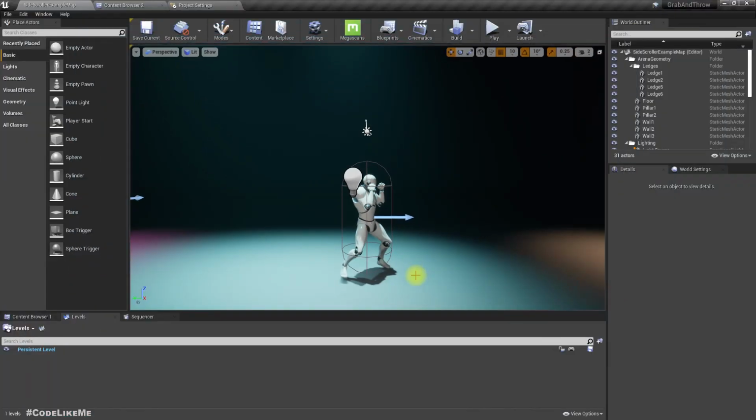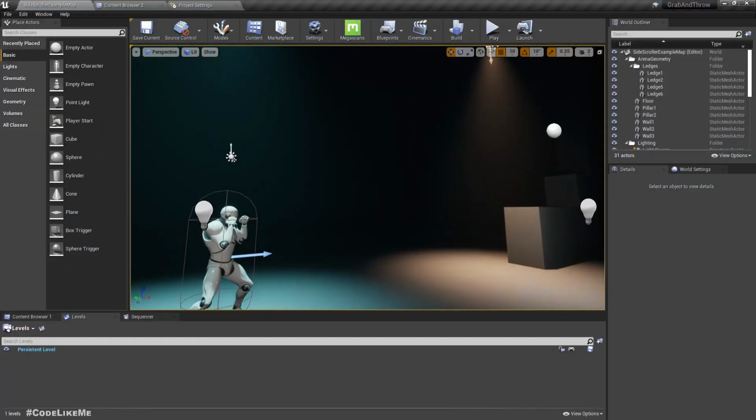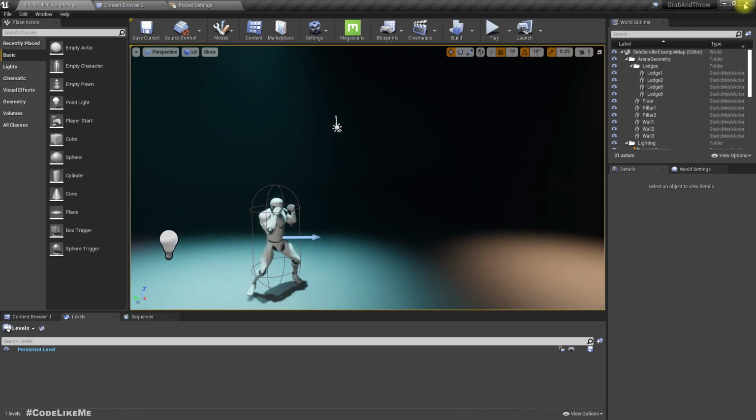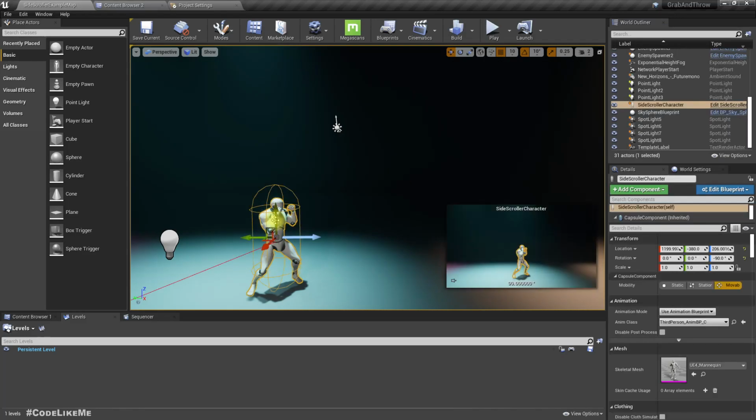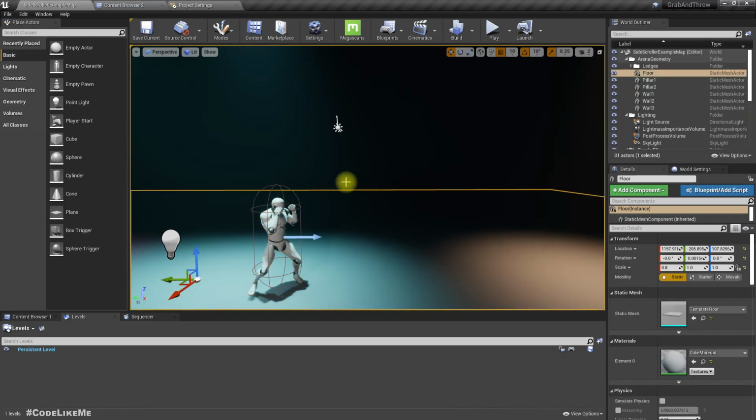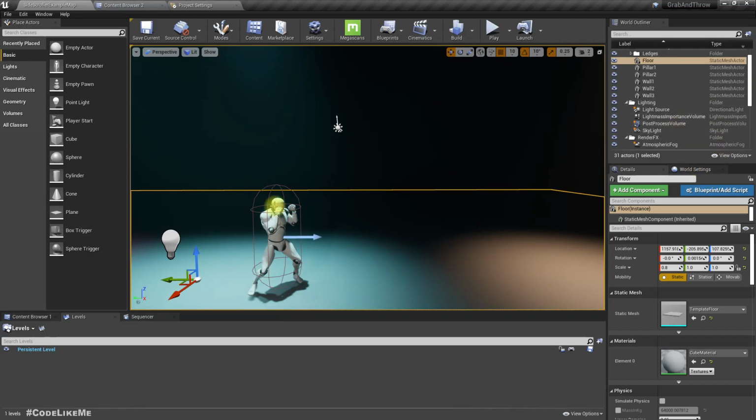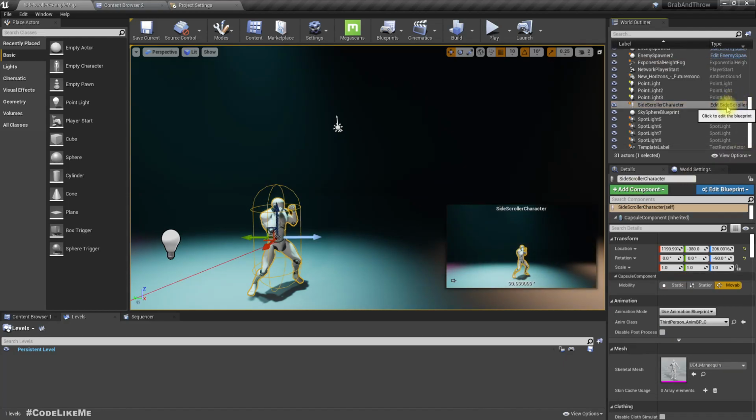Okay, so now let's see how to make the NPC characters react to, not just the NPC characters, the characters react to those hits. What happens if those actors get hit? How do they react to each type of attack in a different way? Okay, so let me open the side scroller character,